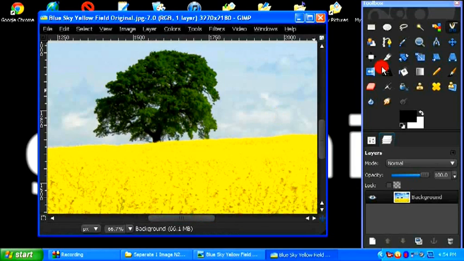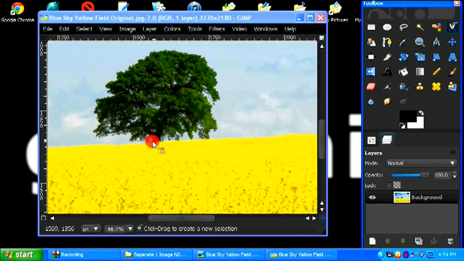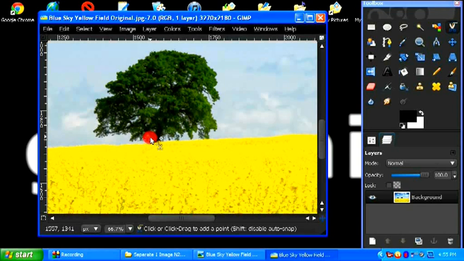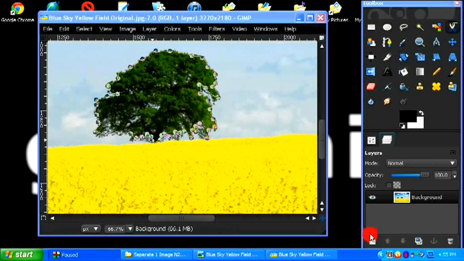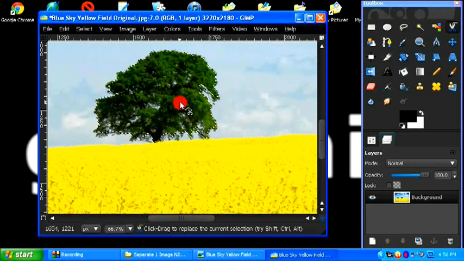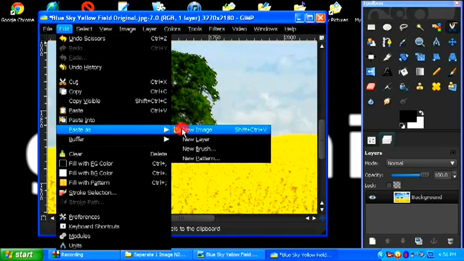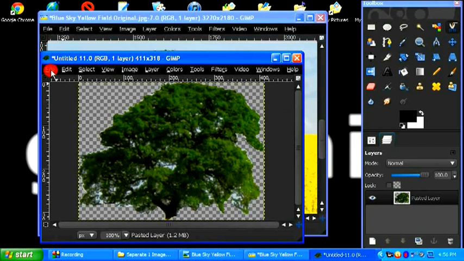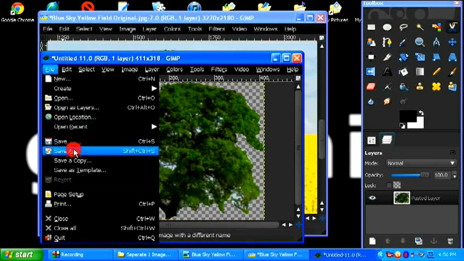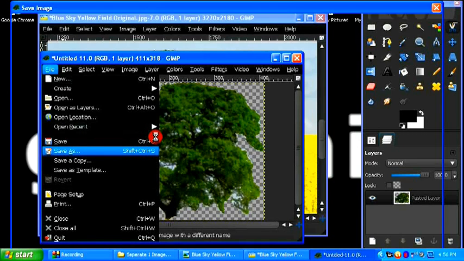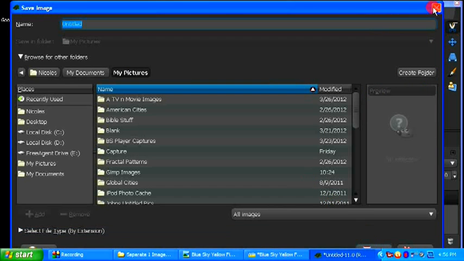Go to your cut tool, and as with all the other ones, anchor, and continue to anchor all the way around until you've got it completed. Okay, we've got our image completely anchored. Press enter. It has selected what we cut out. Again, we do the same thing that we've been doing. Edit, copy, edit, paste as, new image, name your image, PNG, save as, name your image, PNG, save,